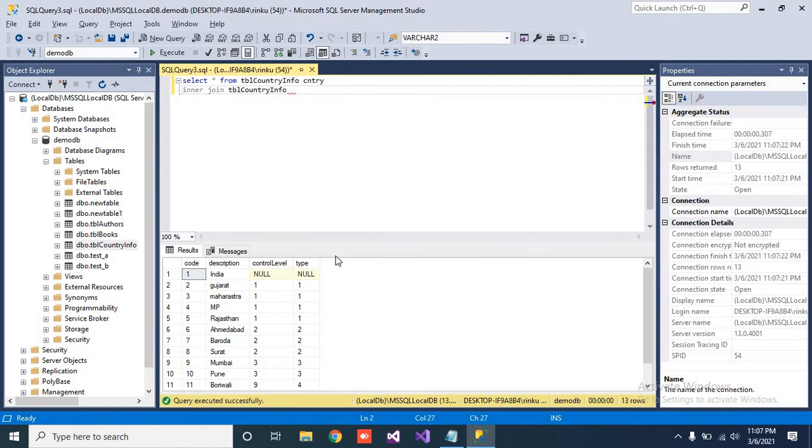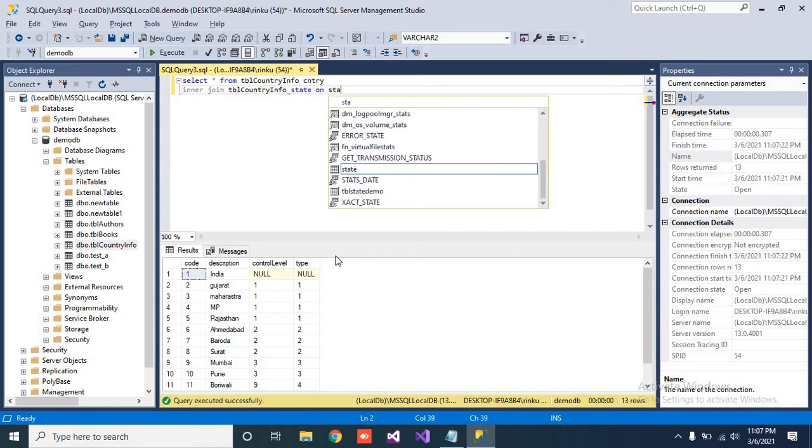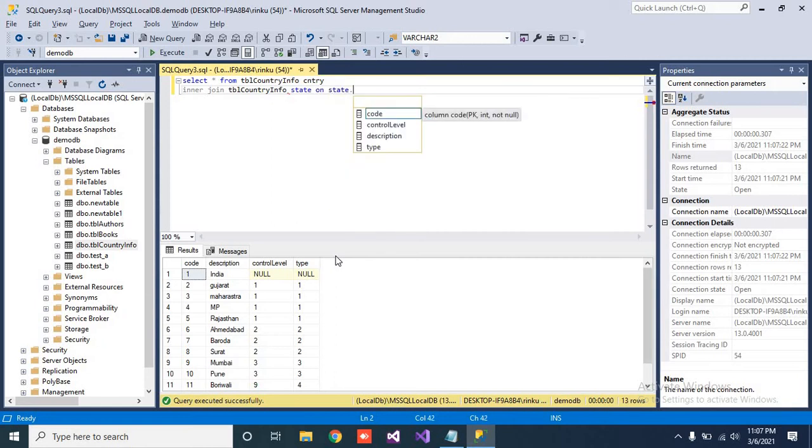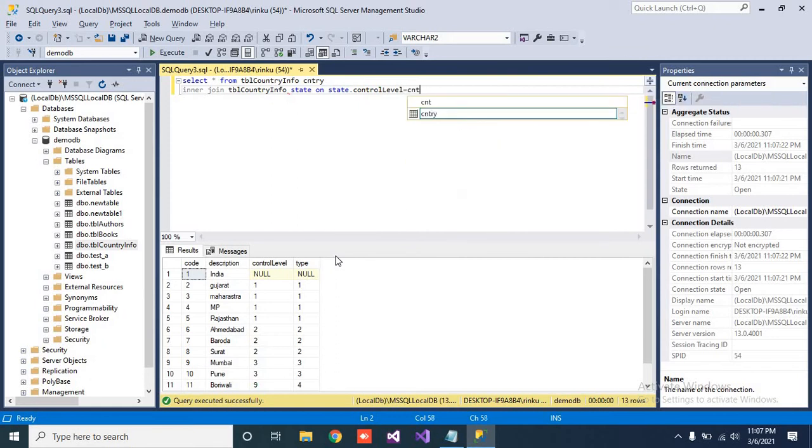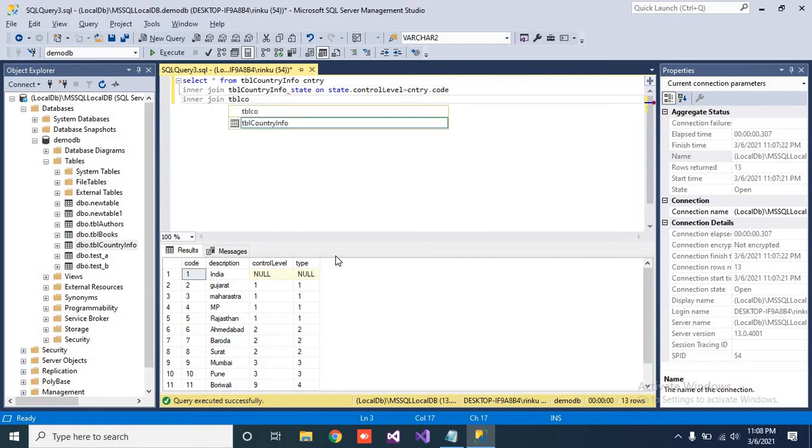So here we are joining for the state on state dot control level is the same as the country code. Inner join. Now we will do the joining for city.